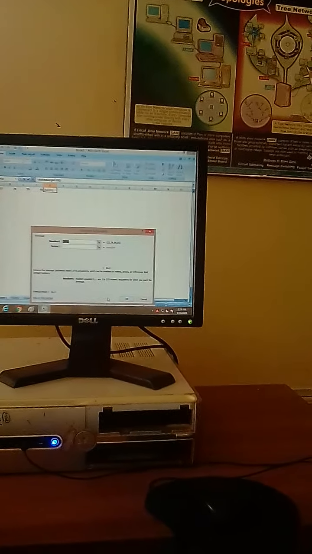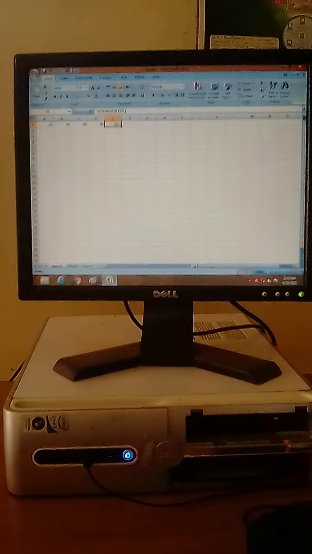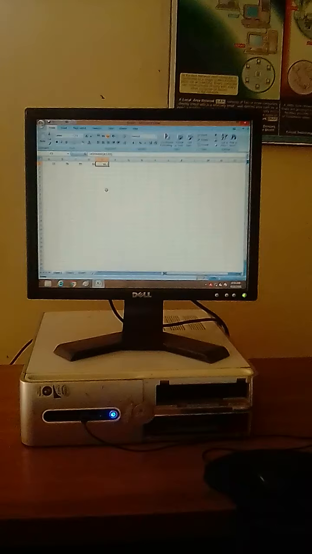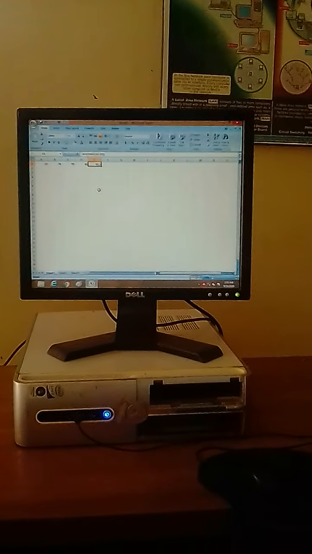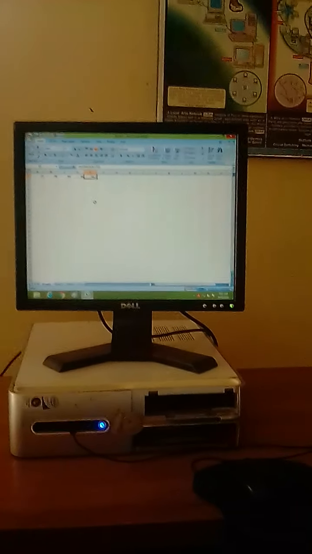So, dear students, from A1 to D1, the average will be 66.5. So, dear students, this is the formula to find out the average of all the entries that we have entered from A1 to D1.